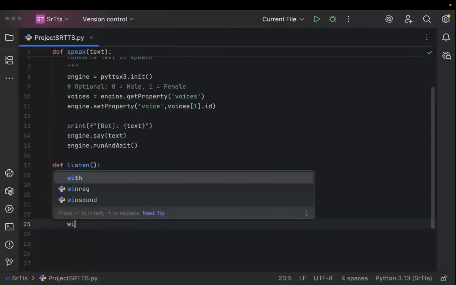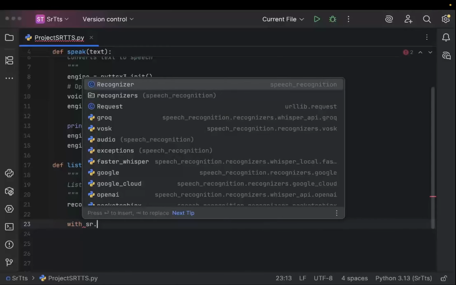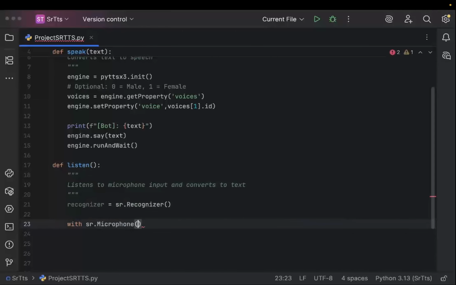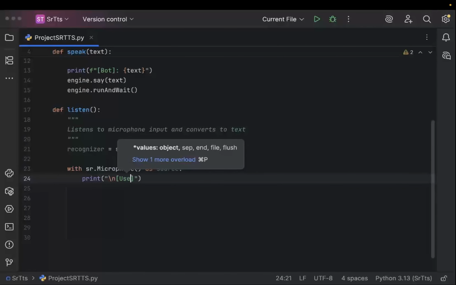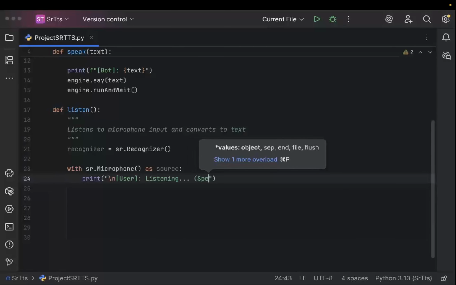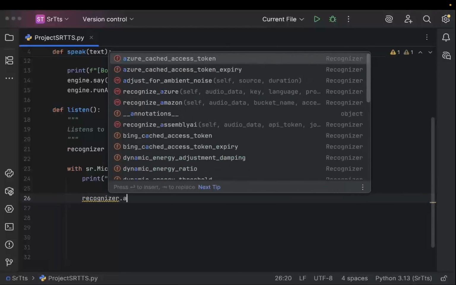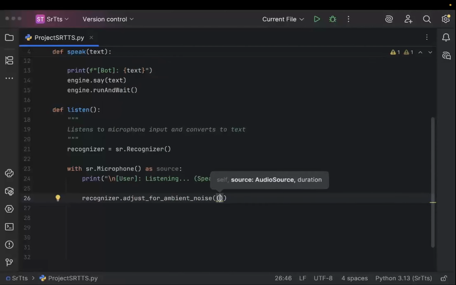Now for that we write with sr. We'll use that package again and we'll call the microphone method as source. We'll use the microphone as source. Then we're gonna print "User: listening, speak now." After that we use that recognizer then dot adjust for ambient noise and we pass our source,